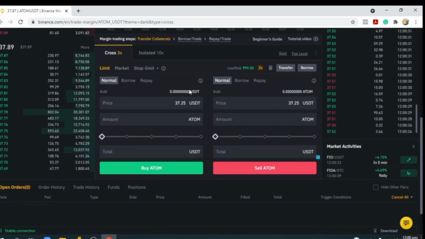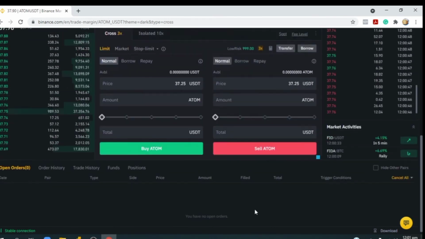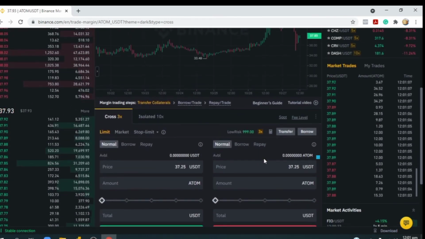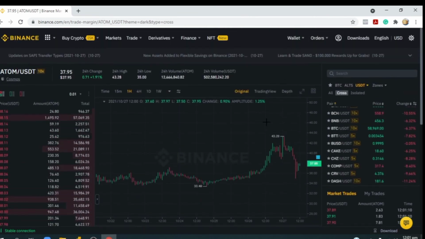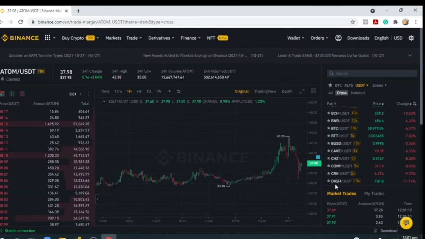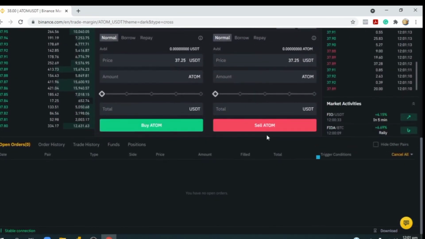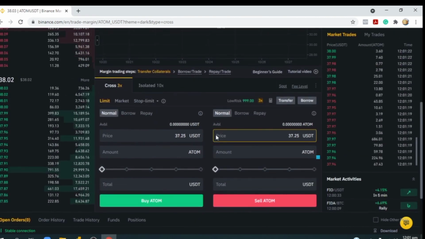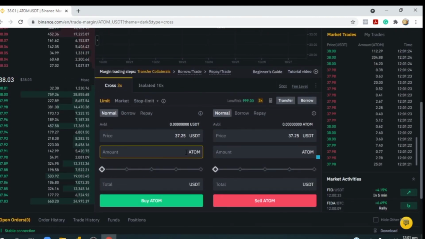Once you've done that, you can select whether you're using stop limit, limit, or market, and you can easily buy or sell. Now, one thing you need to note is that similar to futures trading, in margin trading you're not actually buying the